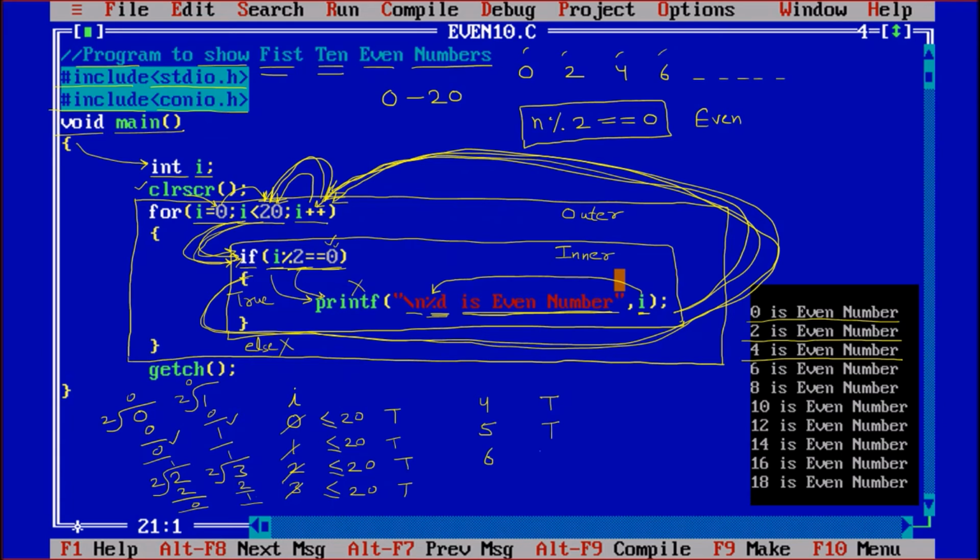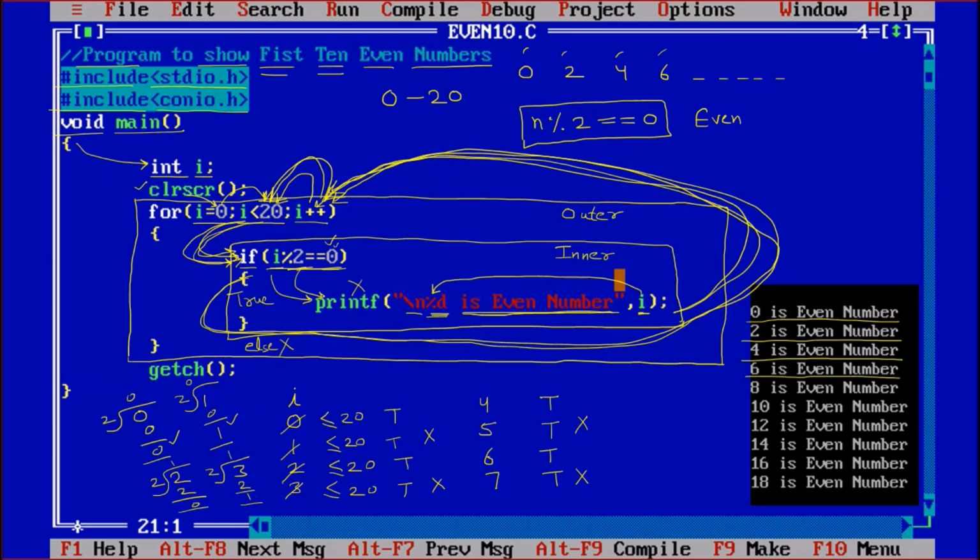Similarly checking for 6, 6 divisible by 2, even number. 7 not divisible. So these numbers, 1 is not divisible, 3 is not divisible, 5 is not divisible, but the condition is true for them. 7 not divisible. The condition is true for 7, but it is not an even number.